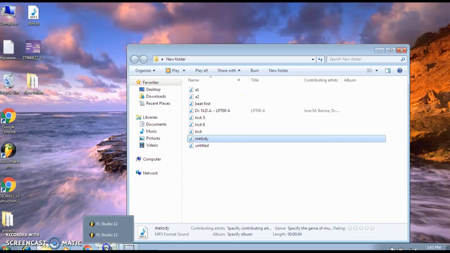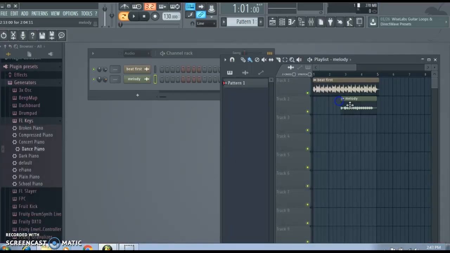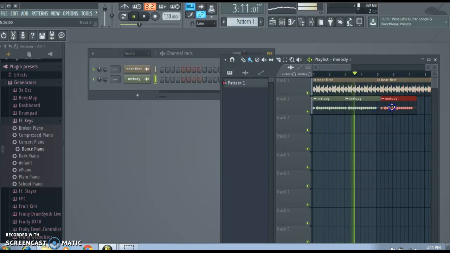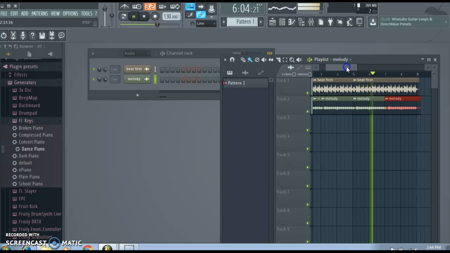What is the melody? Melody and I have to run it. And now I have to play it. And I have many loops like that. And, like that. So I hope you